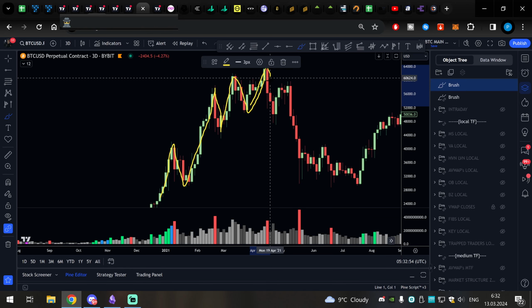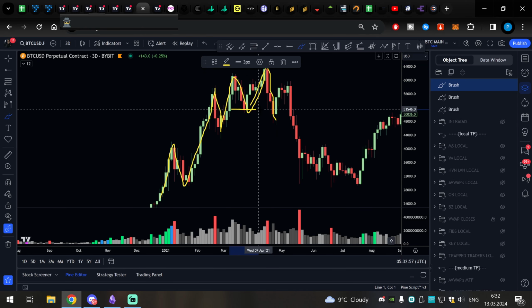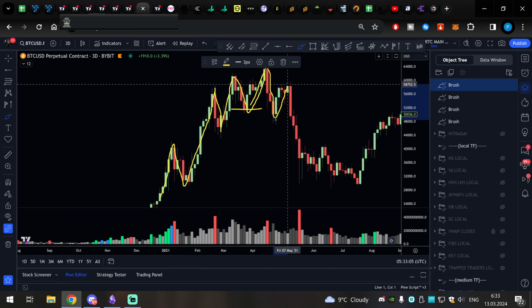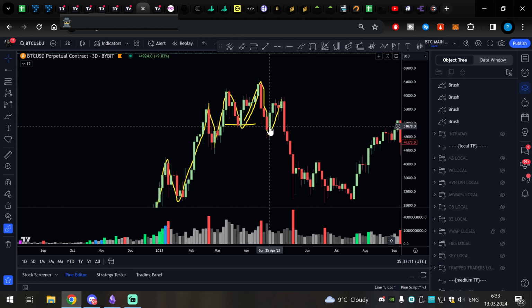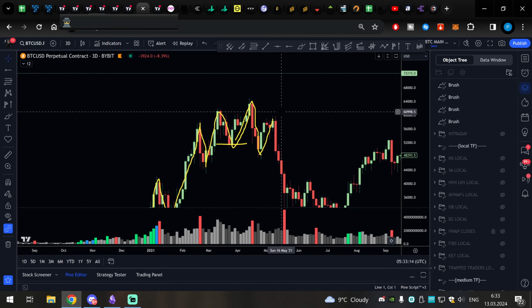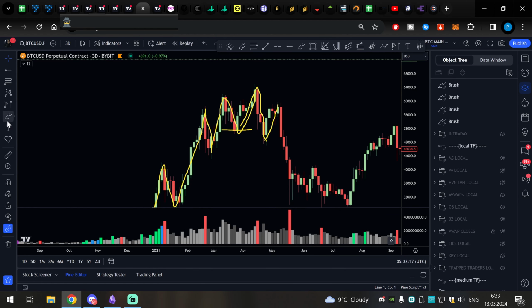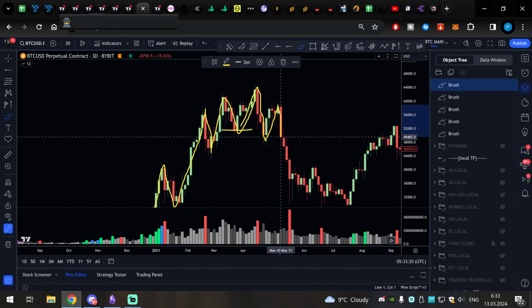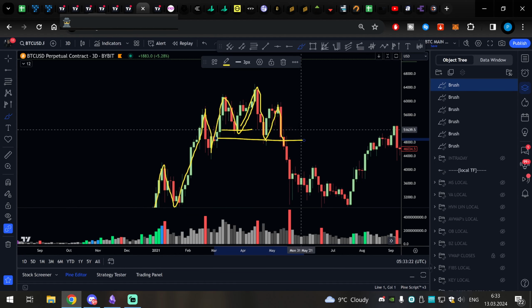You keep pushing, and now what's going to happen? Look at that. You are taking out these lows here. This is a warning sign for you. This is a major change of character on all time frames. You are now pushing up. It's still no change in higher time frame market structure, but it's a warning sign. Okay, I now did a lower low, and I'm not sure if we put a lower high as well. But once you do this, you are now changing the high time frame market structure, and you are opening moves to the downside. We want to see something like that on Bitcoin in order to time some big pivotal high in this current bull market and all-time high trading, right?